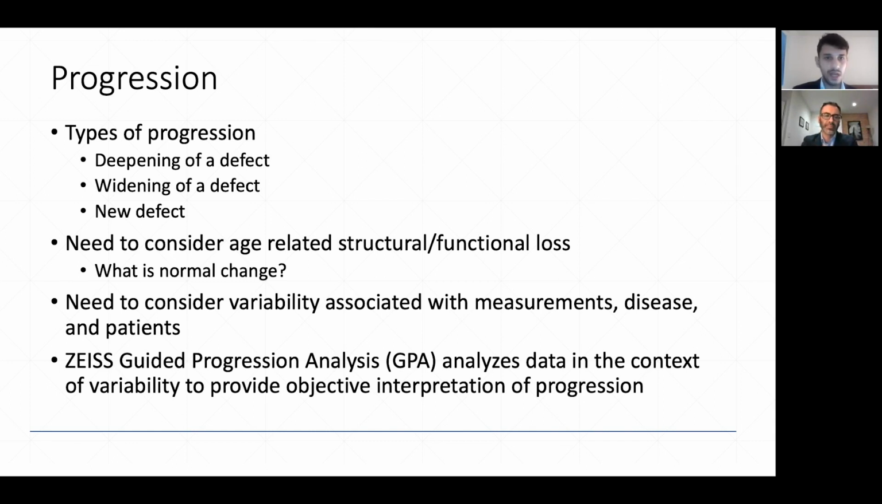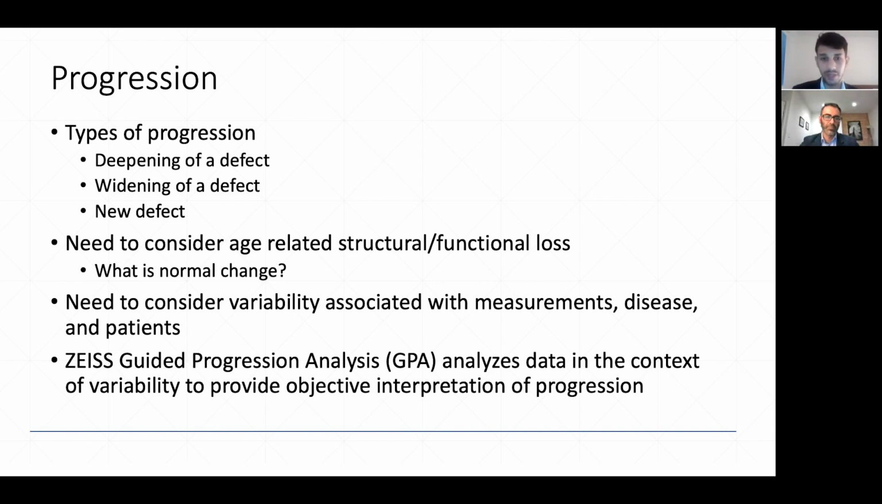And then you need to always consider age-related changes, because as we get older, we do lose some axons, we do lose sensitivity on our visual field. That's always very important when we're looking at progression, if we're looking just at raw data ourselves. So you got to remember, what is normal change? And then we need to consider the variability that the instruments have when you take measurements. The glaucoma disease has variability. And of course, anyone that's done more than one visual field on a patient knows the significant variability of our